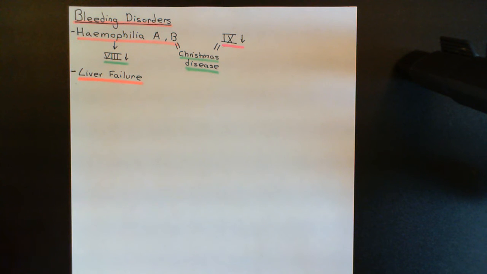Okay, so in liver failure, of course, all the coagulation factors that are produced by the liver are going to no longer be produced at the correct level. So if the liver is failing, then you're not going to have the right level of coagulation factors in your blood because they're all produced by the liver. If the liver's not doing its job properly, then it's not going to be chucking out the right number of these coagulation factors. So the coagulation factor level will go down in the blood,